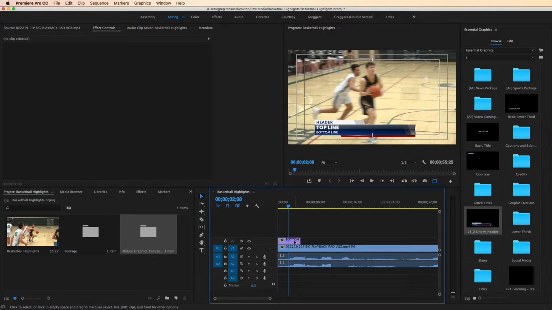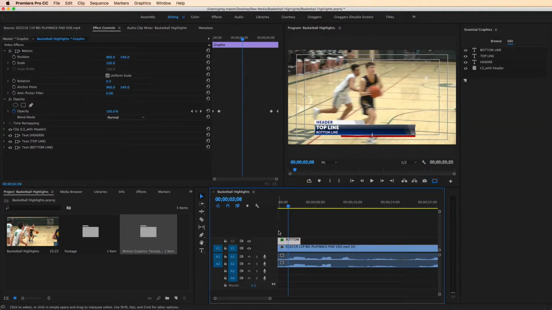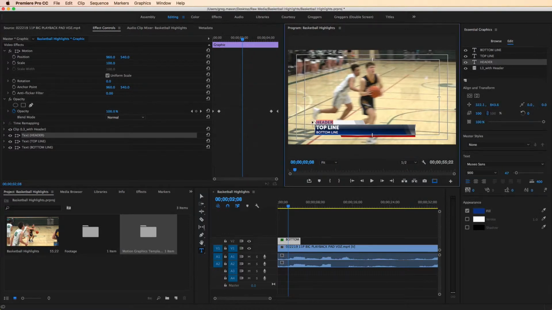To add the text, it's pretty easy. I'm going to select my template here. I'm going to come over to my toolbar and select the Type tool, and we'll hover over the header. I'm going to change that to Sports. We're going to change the top line here. One of the cool things about these templates is that as long as you have the font installed in your machine,